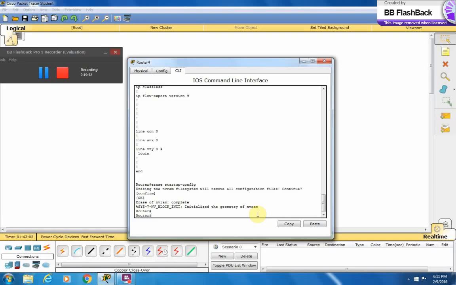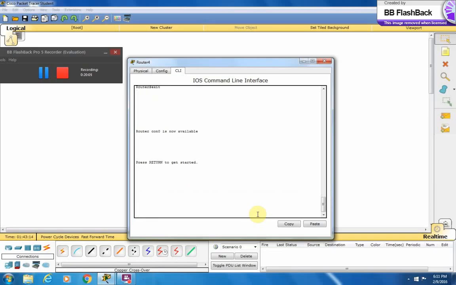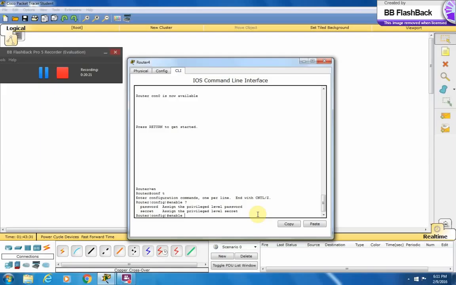Now we're moving on to 6.5 where we're going to be setting passwords. This hands-on lab will have you set your passwords, log into your router, and go into privilege mode by typing en. Okay, and now you're going to want to put conf t, enter, enable with a question mark, assign the privilege level password, assign the privilege level secret, set your enable secret password